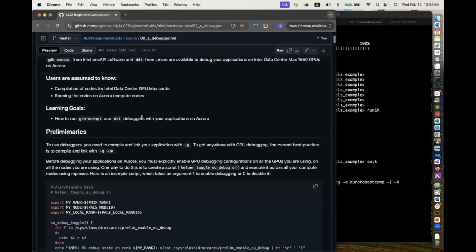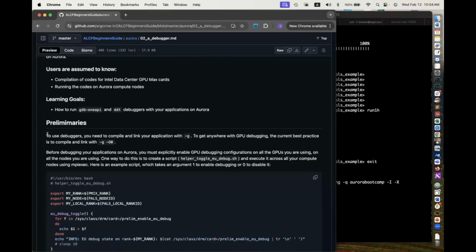simple example. Before we start debugging, you need to compile and link your application with -g, which is required for the debug symbols. For the best experience, we recommend using -g -O0. With some optimization, some variables can be optimized out, so we may not be able to see what happened in that variable. For the best debugging environment, you had better build your application with the -g -O0 flags before